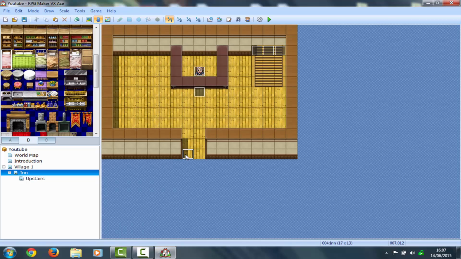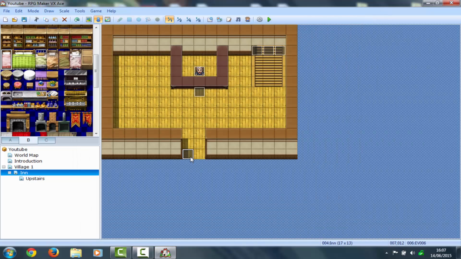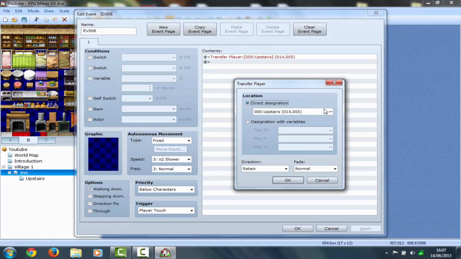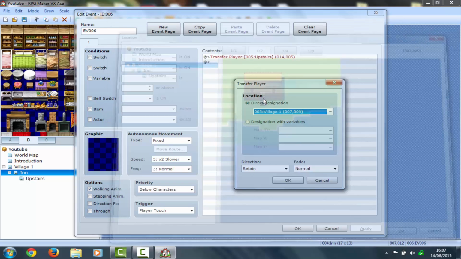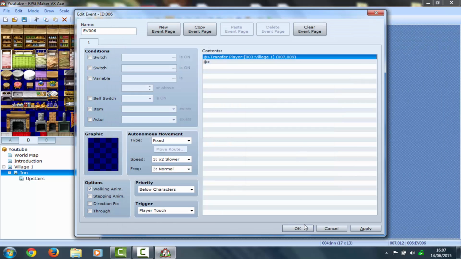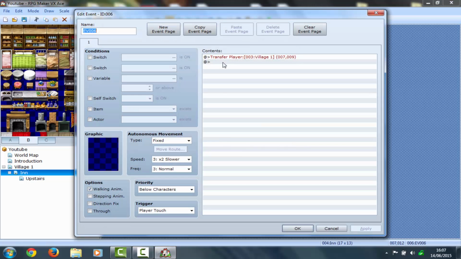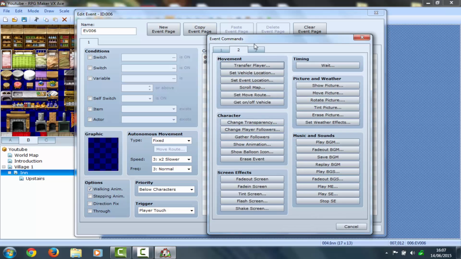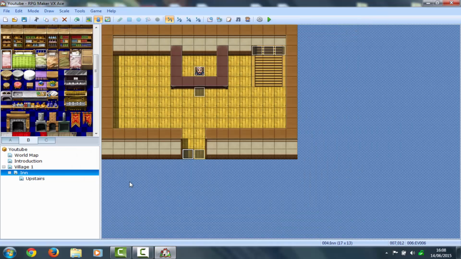So now we're going to have it lead outside. If we want to leave, change this for us to go outside. Village 1 outside. Do it for both. Oh, we might have to add a door sound here, which will make it more believable, which I can get from